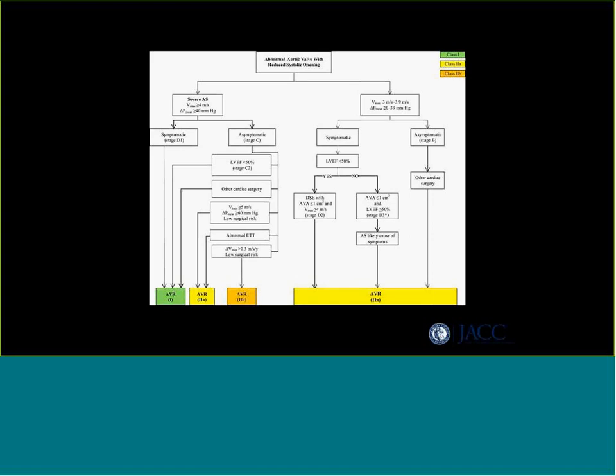Yeah, and I put these algorithms in here. You can't really read them on the screen if you have the PowerPoint slides. From ACC, they do an excellent job of outlining the criteria and then the class of indication. So I'm just going to talk about the class 1. There's the class 2A and 2B indications for AVR. I'm not going to put you guys to sleep with all of that, but if you have a patient